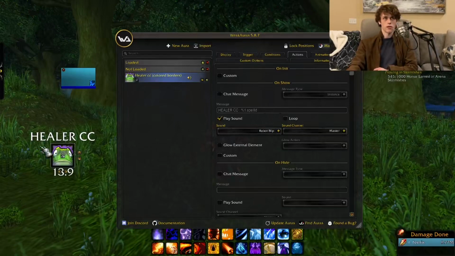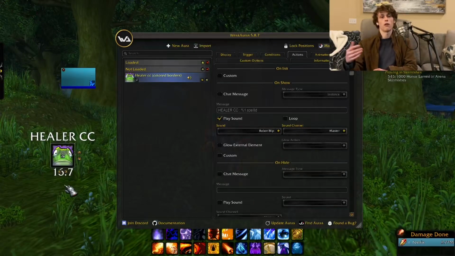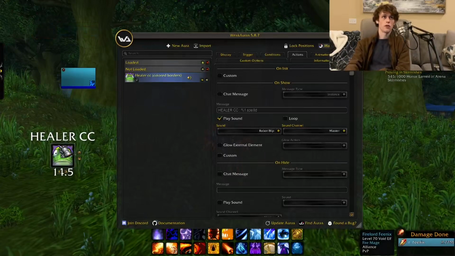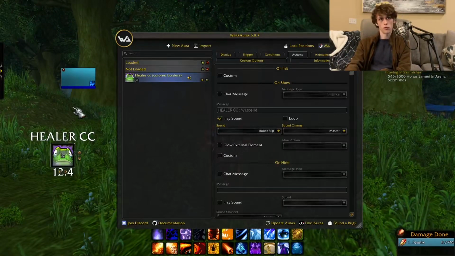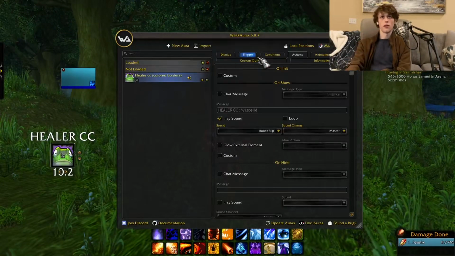But then it also has this text, Healer CC, and then it shows a timer for how long your healer is going to be in that CC. You can click and drag and make this as big and small as you want. You can display,